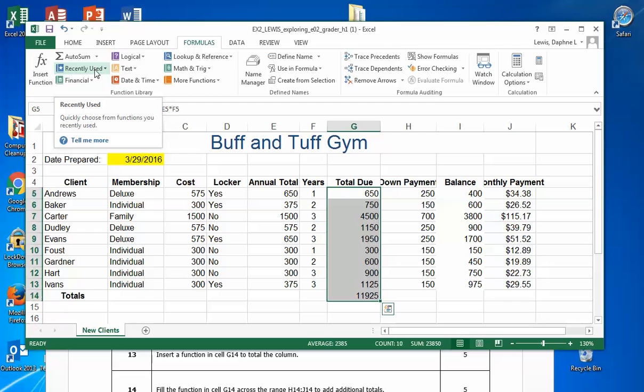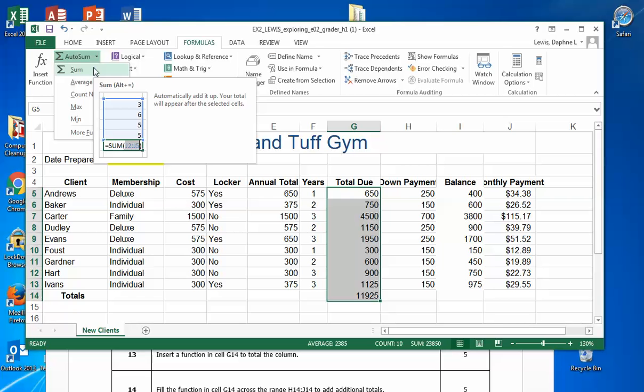Just save what you got and catch up with me, and we can come back and fix that formula later, okay? So we highlighted the total due column, and we went up to AutoSum, or you can go to function, and then we clicked sum, and it gave us